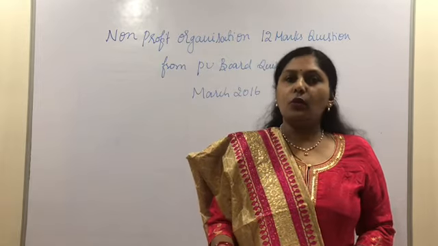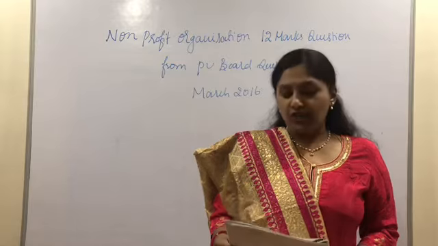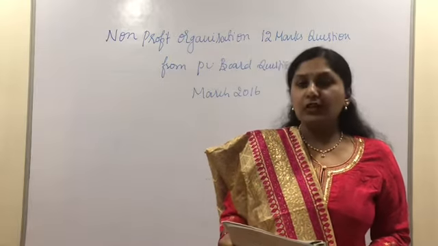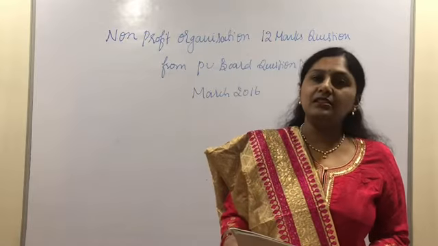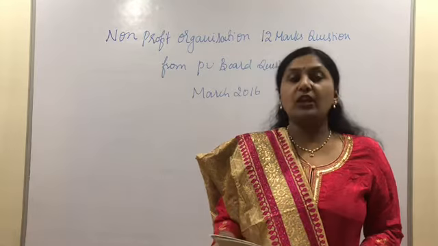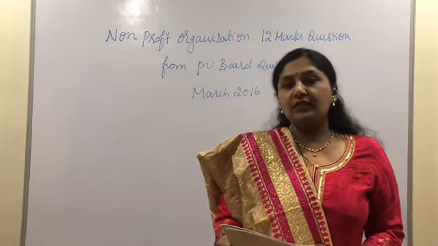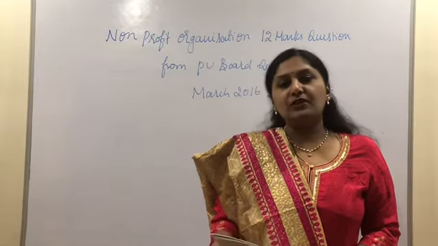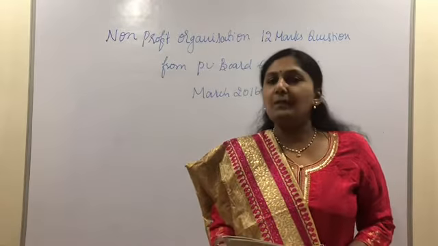Now let us see the old balance sheet, that is the balance sheet of 31st March 2014. Below the liabilities, outstanding office expenses are given. So this is the last year's outstanding office expenses. We need to minus it on the expenditure side. Then bank loan is given, which is a liability. Capital fund is given. It is a capital item. We need to treat it below the liability side of the balance sheet.